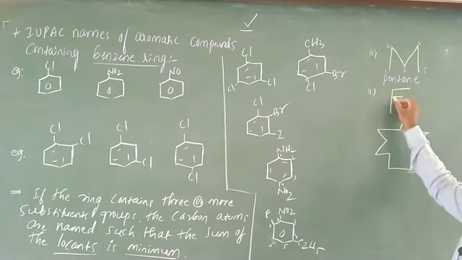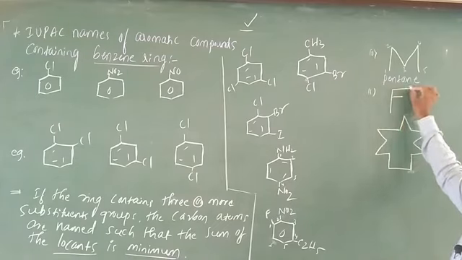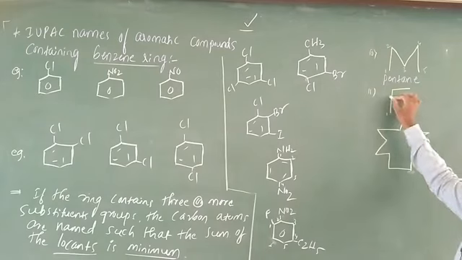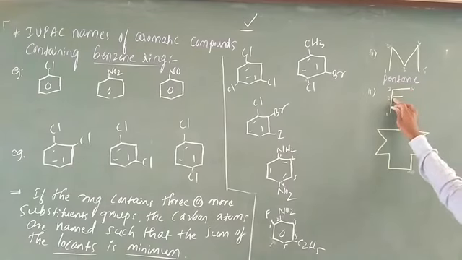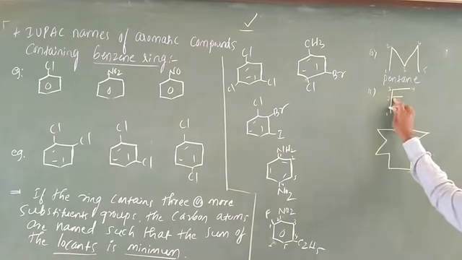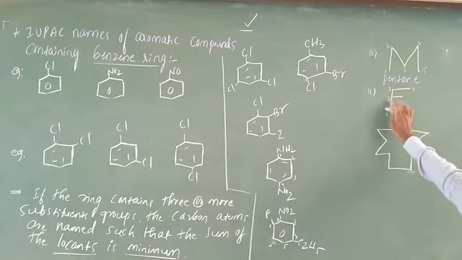Next, in this case, here is 1, 2, here one carbon is there. Now after that 3. This is 1, 2, 3, 4. You have to start from here: 1, this is 2, this is 3, this one is 4. Don't start from here. Why? Tell me. Because the substituent is going to get the third position, which according to the locant rule is going to fail. That is why you have to start from here: 1, 2, 3, 4.